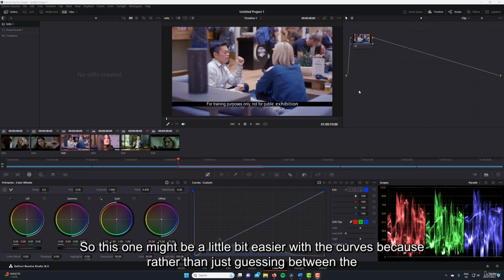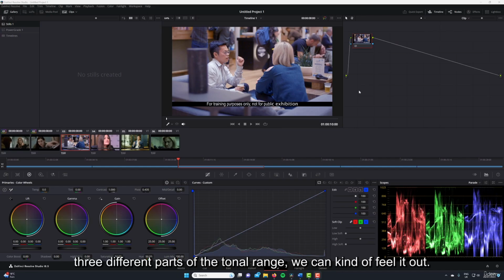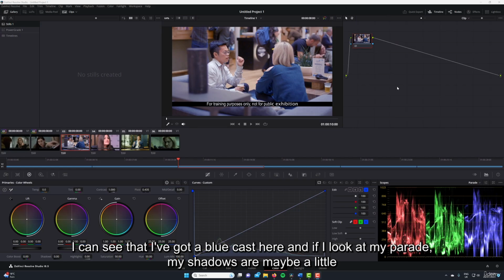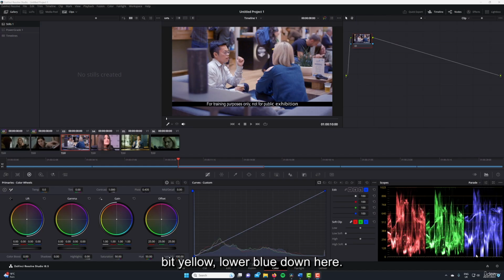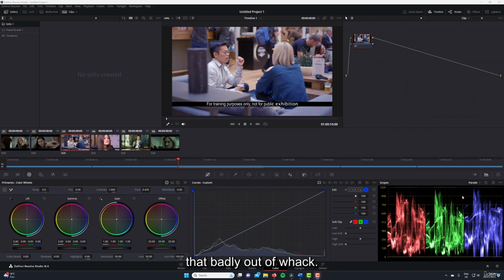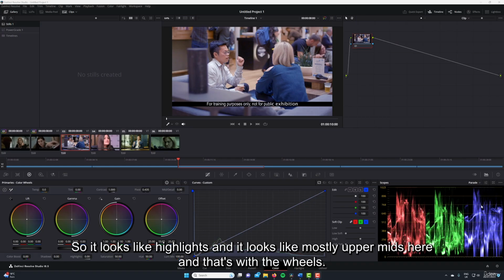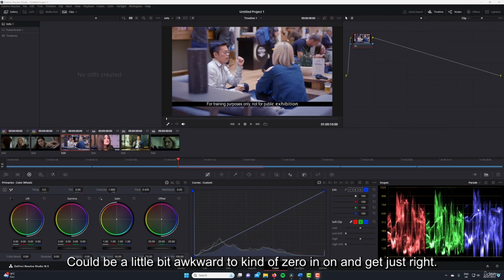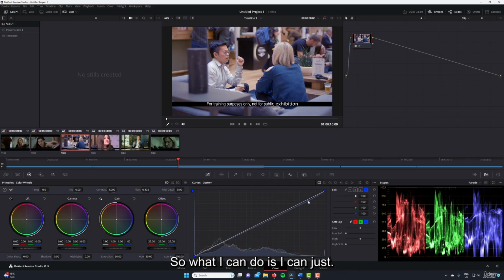So, this one might be a little bit easier with the curves, because rather than just guessing between the three different parts of the tonal range, we can kind of feel it out. I can see that I've got a blue cast here, and if I look at my parade, my shadows are maybe a little bit yellow, lower blue down here, but generally the blue wave is elevated compared to the other two, even though the highlights aren't that badly out of whack. So it looks like highlights and mostly upper mids here. And that, with the wheels, could be a little bit awkward to zero in on and get just right. So what I can do is